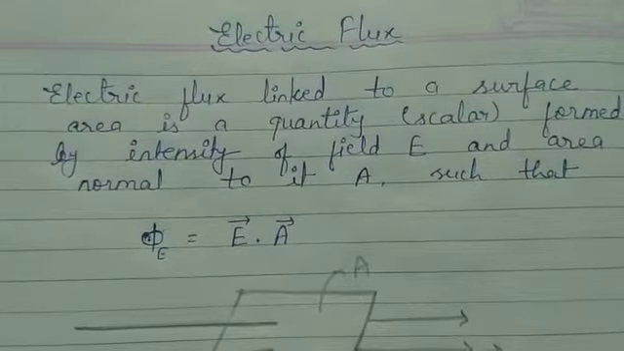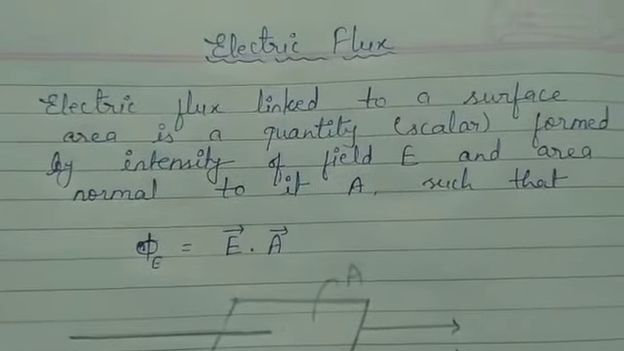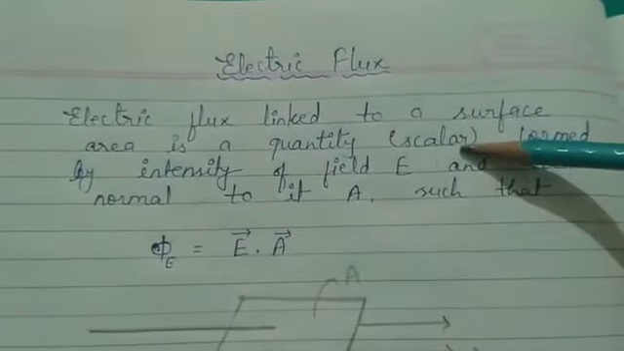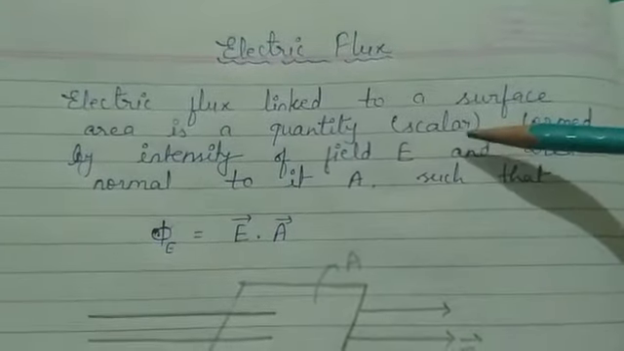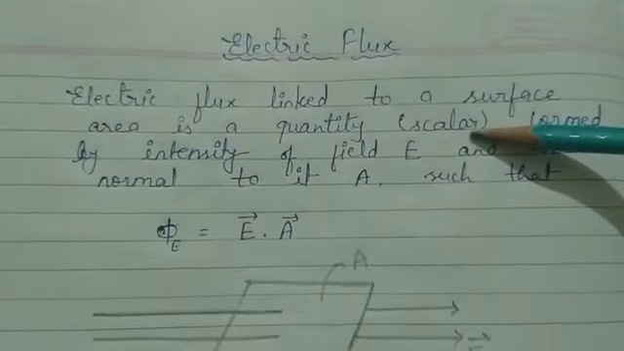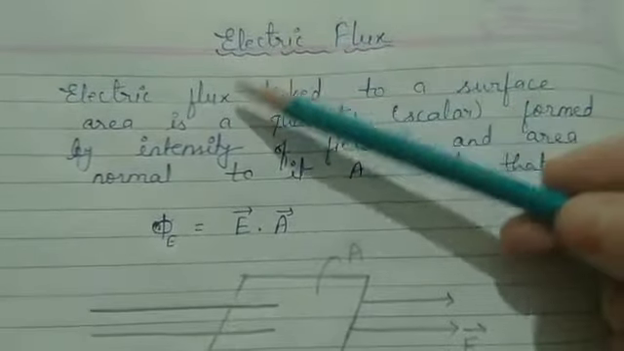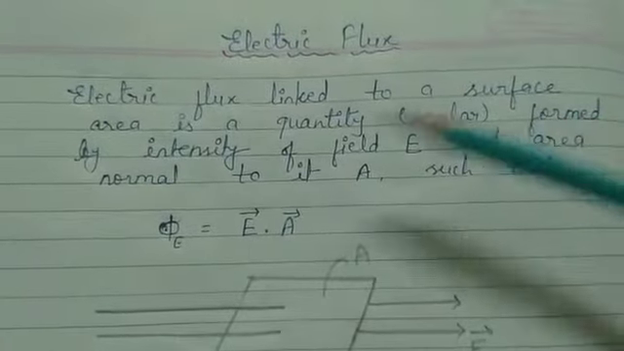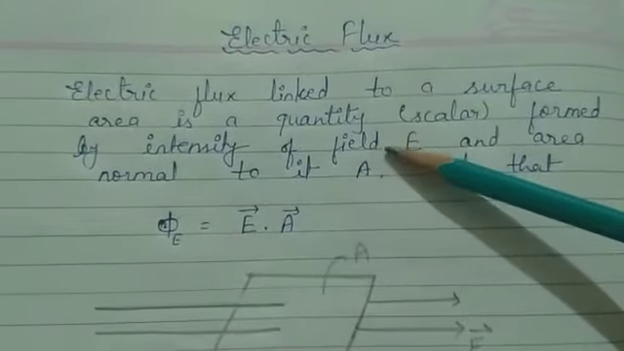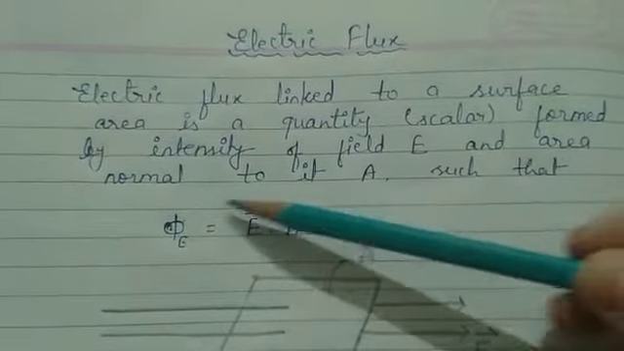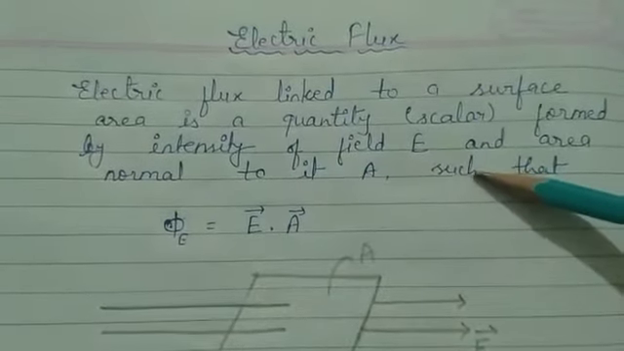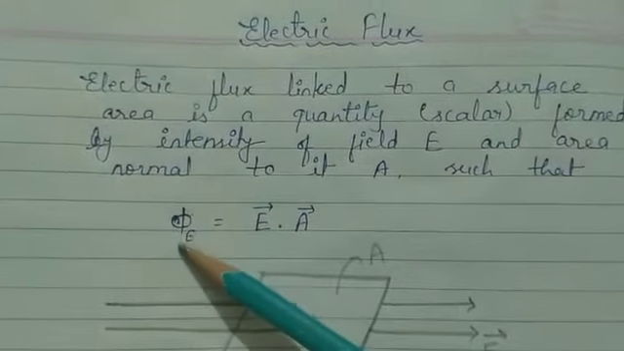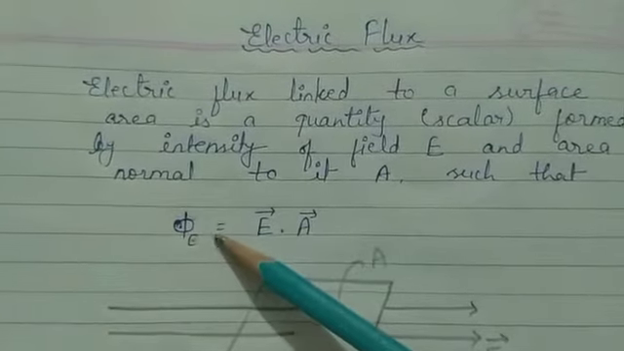Electric flux linked to a surface area is a quantity. Then in brackets you can see it is written scalar. So remember this point: electric flux is a scalar quantity. Electric flux linked to a surface area is a quantity formed by the intensity of electric field E and the area normal to it, A, such that phi E, where phi represents the electric flux, equals E